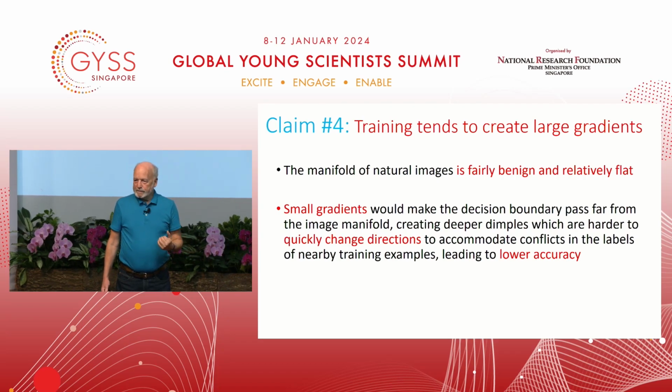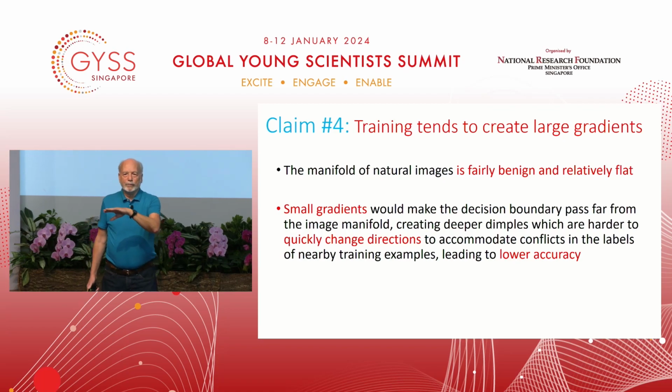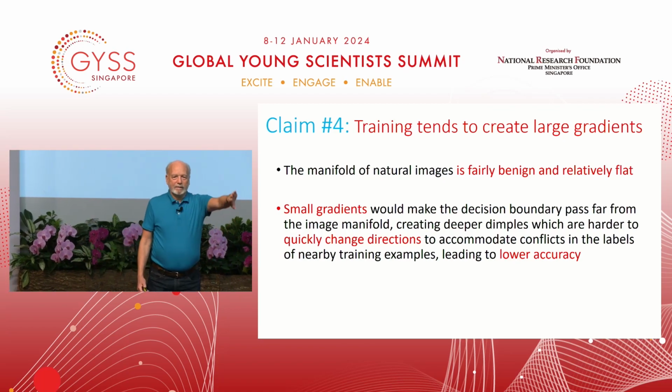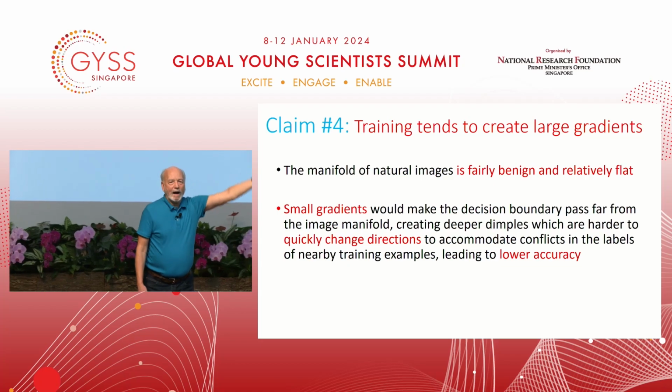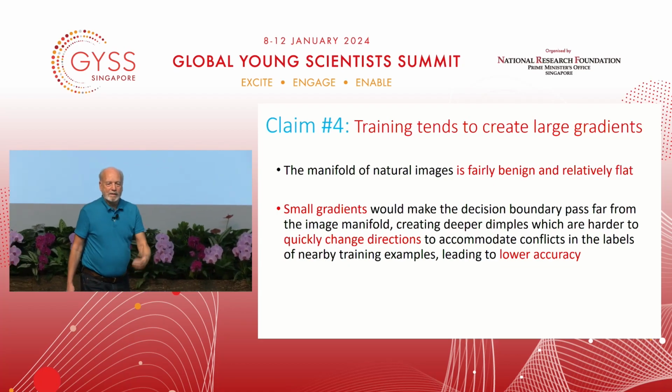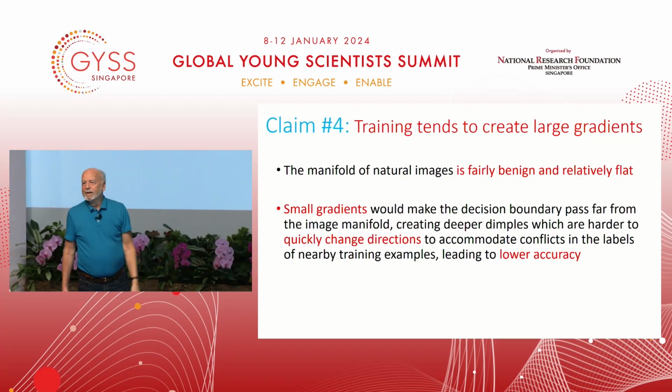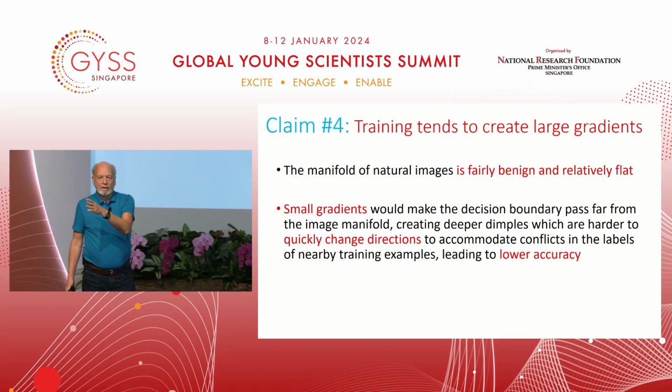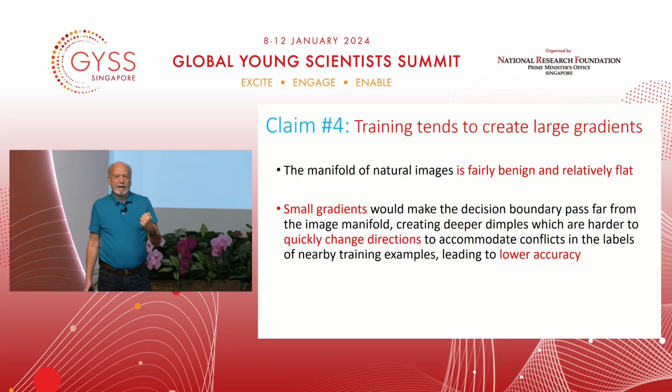Having low gradients means that I have to go deep under the cats and very high above the guacamoles in order to change the network to be at 99% confidence